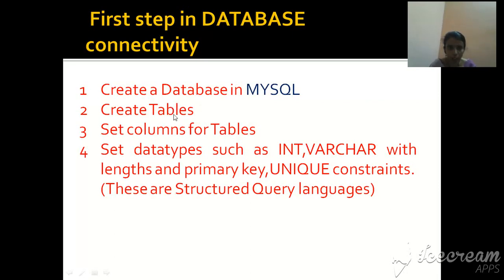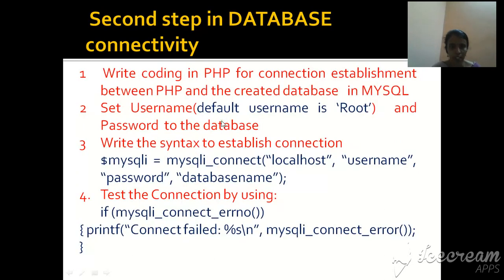As in a student database, we can create many number of relational tables. And for a table, we can create many number of columns such as student ID, student name. Like that, we can create many number of columns, and each column should have a specific data type. For example, the ID should be represented as integer, the name of the student varchar, with primary key and unique constraints. So like this you can create a database, create subtables inside the database, create columns inside using these data types, and we can create an entire database as a MySQL connection.